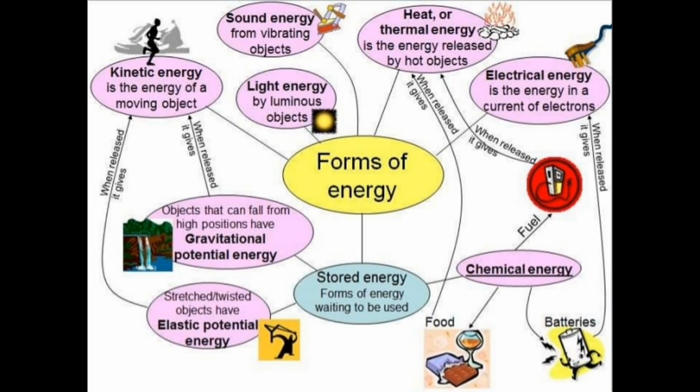We have the elastic potential energy. So that's when you stretch an object, it results in a form of energy being exerted, which is what we call elastic potential energy. We have gravitational potential energy, we have stored energy,